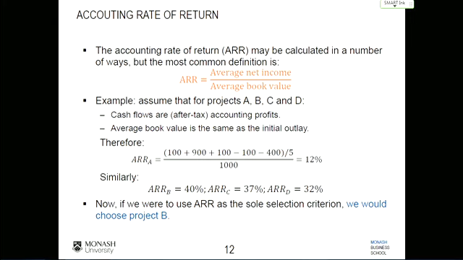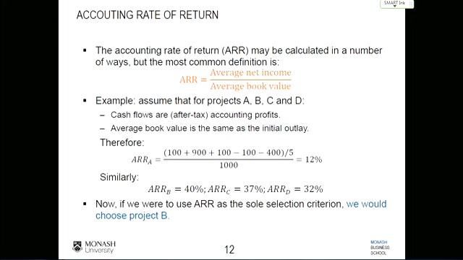But that's not the only one ARR calculation. So what is the formula? ARR is equal to average net income divided by average book value, okay? So it is based on the average net income of the project divided by the average book value of the